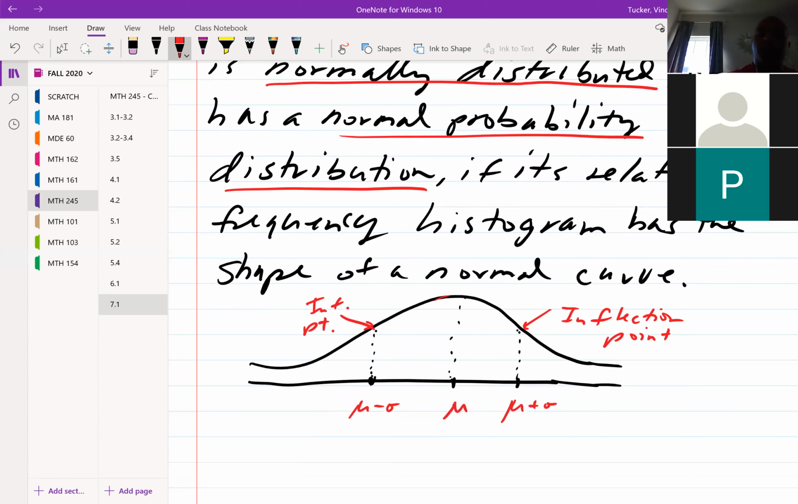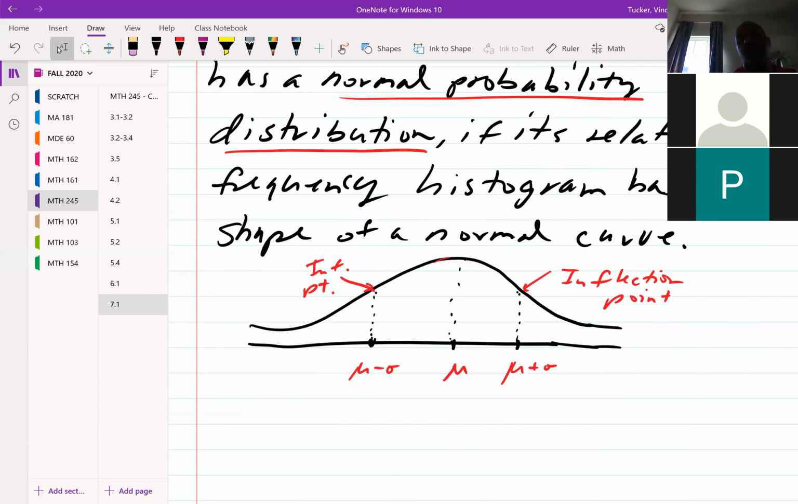All right. So here we have our mean, in the middle. And when it comes to your normal distribution, as I just mentioned to your classmate, in the middle will be the mean, the average of your data. And then we have inflection points here, and inflection points are